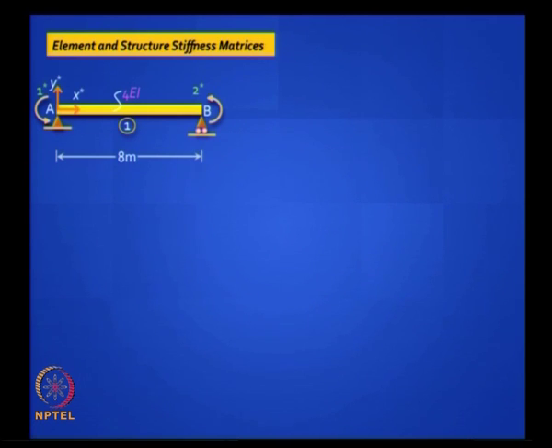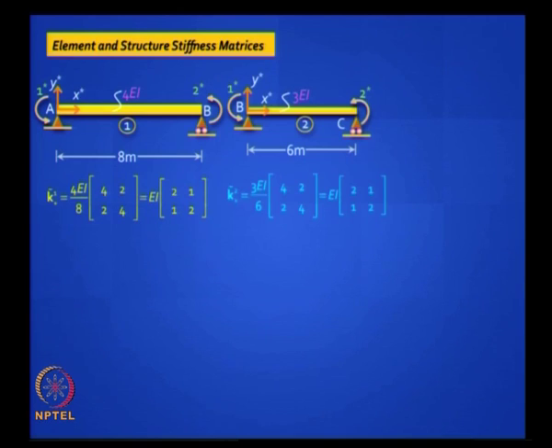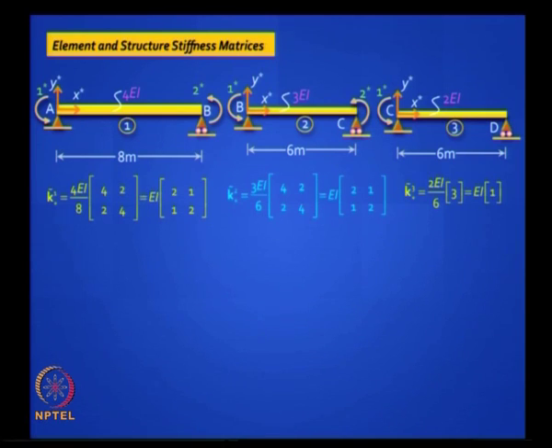Next, generate the element and structure stiffness matrices. This is easy, remember 4 EI by L, 2 EI by L. So put the right EI, in this case EI is 4 EI in this problem, L is 8, so easy to write. Next element 3 EI and L is 6. So you see it is very easy. Please write down for the third element, because third element is different. Yeah, there is only one, it is a 1 by 1 matrix. The EI here is 2 EI and the L is 6, but it is 3 EI by L. Is it clear? EI into 1.